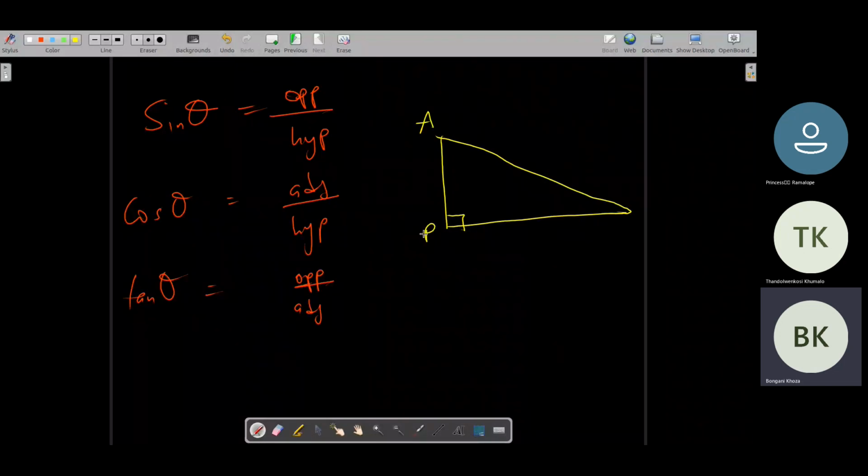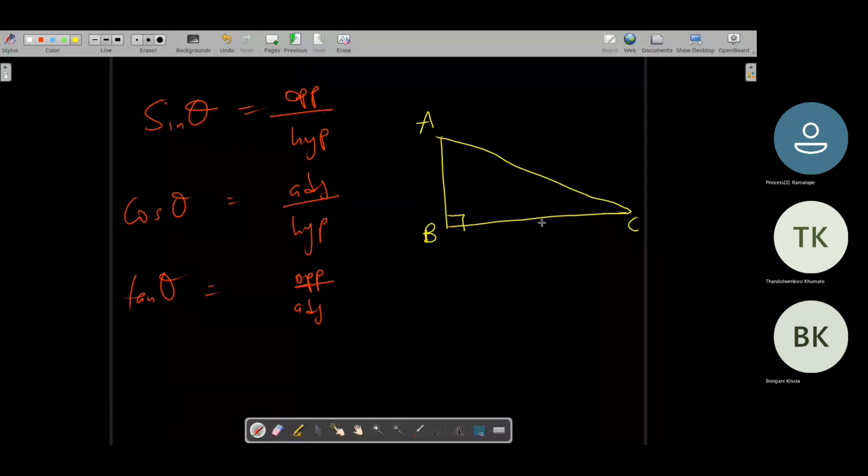We can give it variables, A, B, C. This side is called AB, this side would be BC, and that side would be AC. If our theta angle is placed over here, like that,